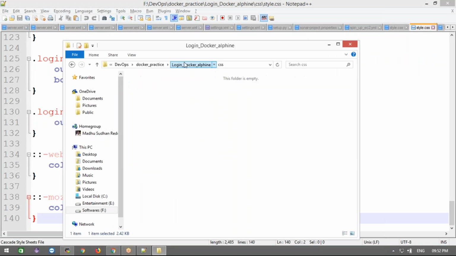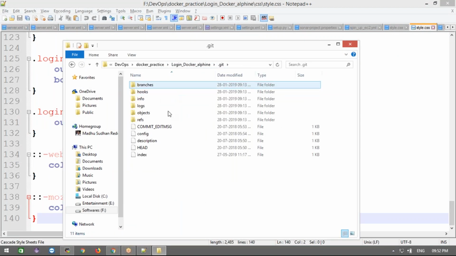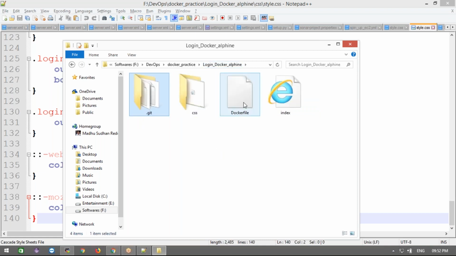Okay, and then next, this is my Git project. Simple. Take it as a Git project. It's not required as of now, because I use it for pushing this code to my GitHub. That's why it is a Git project. I converted this project into a Git project, and this is not required.